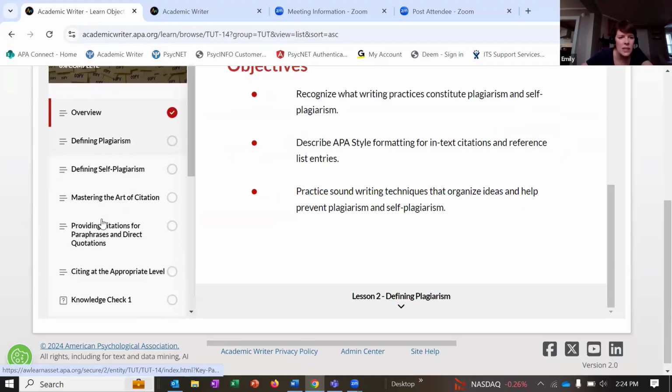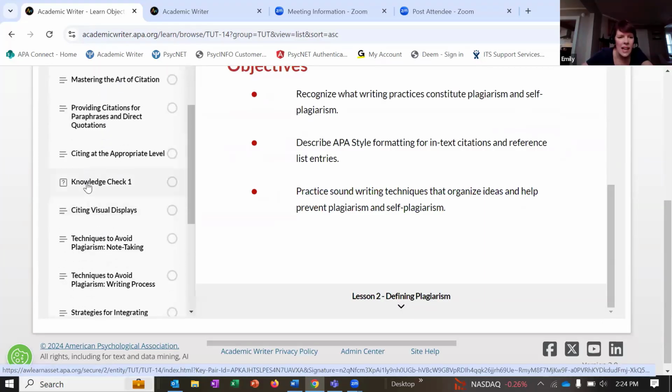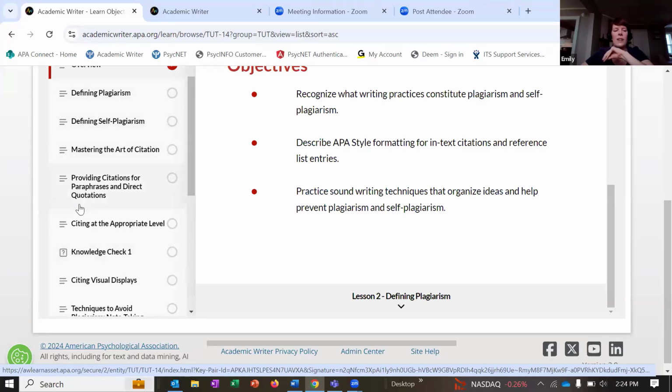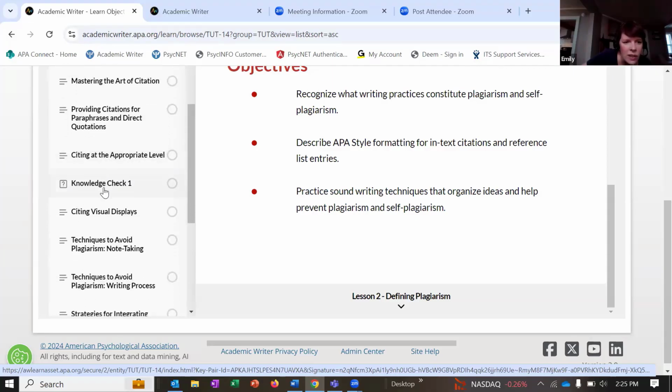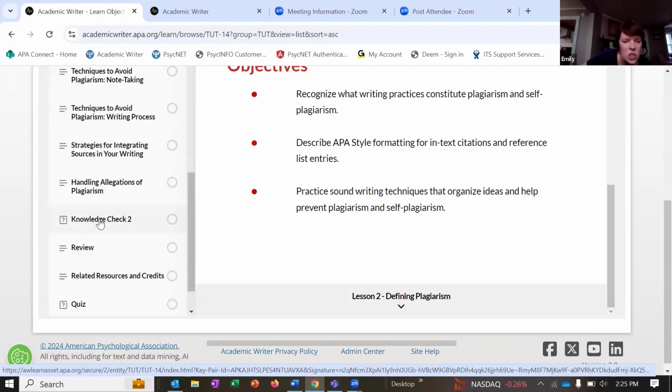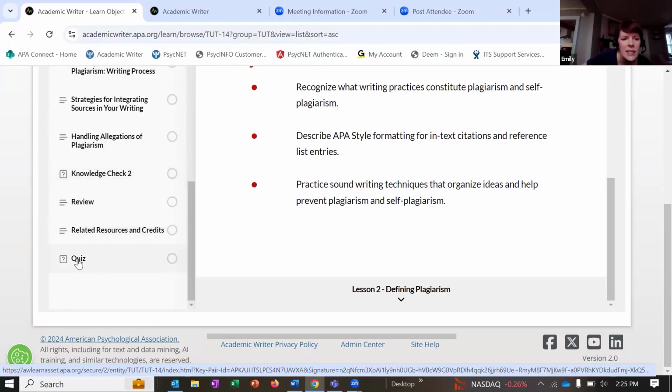With these tutorials, the knowledge checks are spread throughout, and there are a few more of them. We think of them as speed bump knowledge checks. You complete a few sections of the content, and then you take a knowledge check while that is fresh, which breaks up these longer lessons. This one has knowledge check 1, and then we'll complete more, then knowledge check 2, and then the quiz at the end.